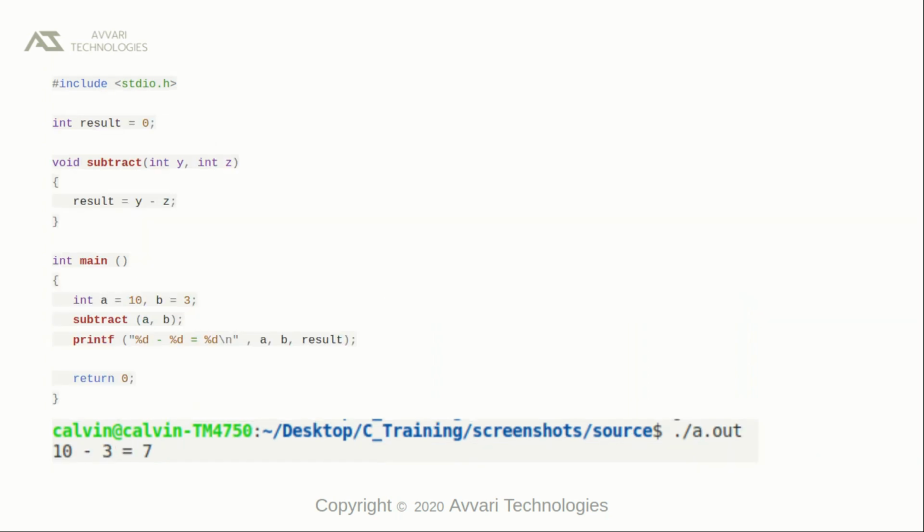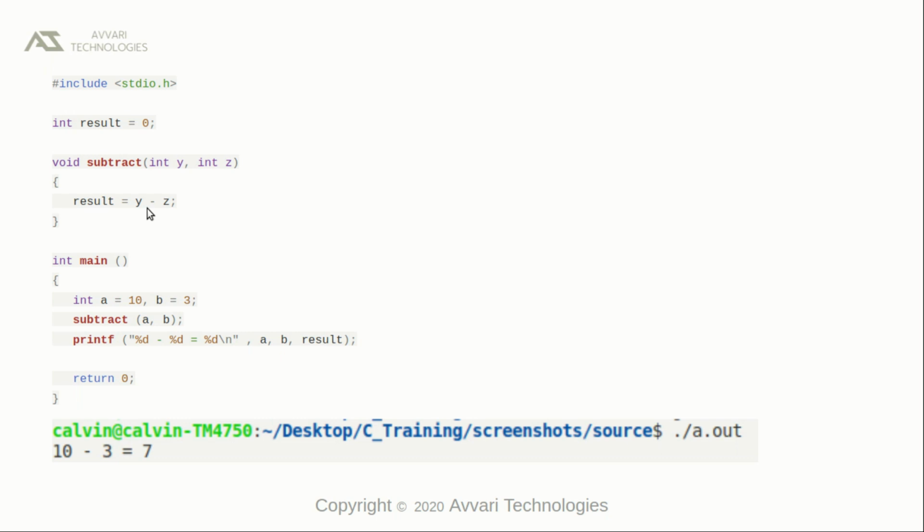Here is an example to demonstrate how the values are stored in the RAM when we call functions and pass parameters. In the main function, we define two variables a and b, and we are calling function subtract, passing a and b as arguments. Now the program goes to function subtract and has its own argument list references,